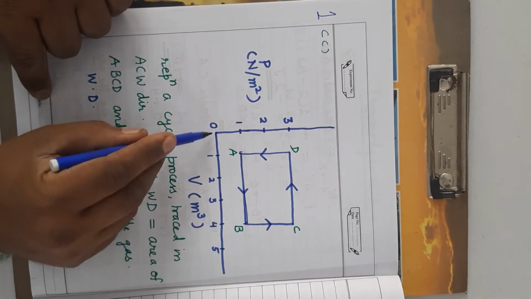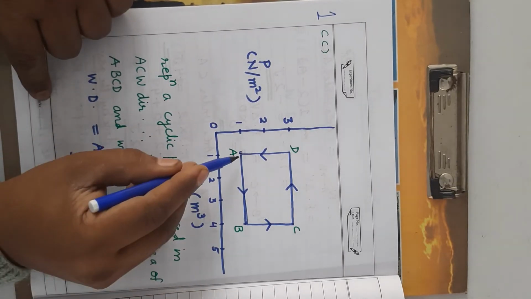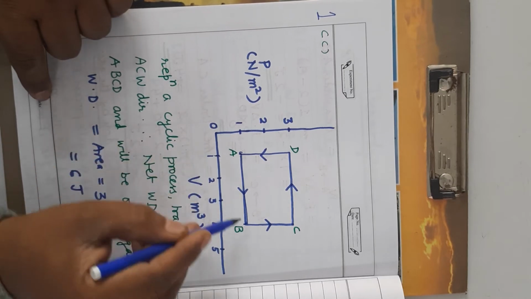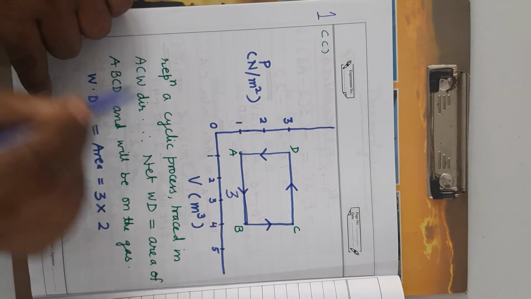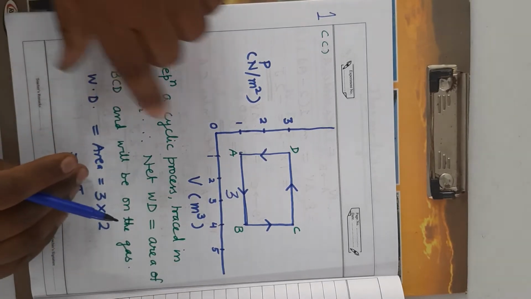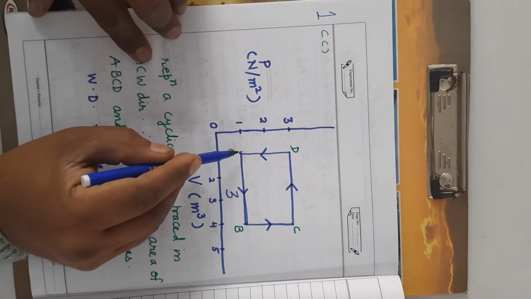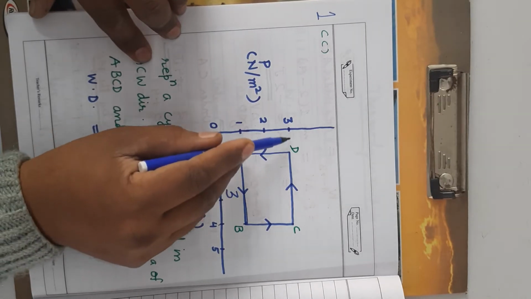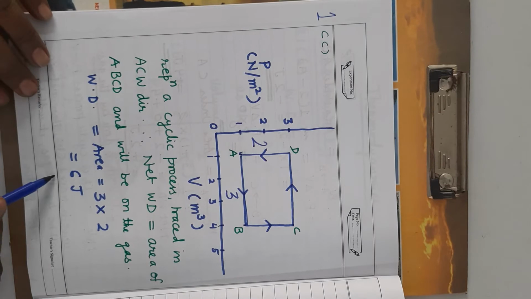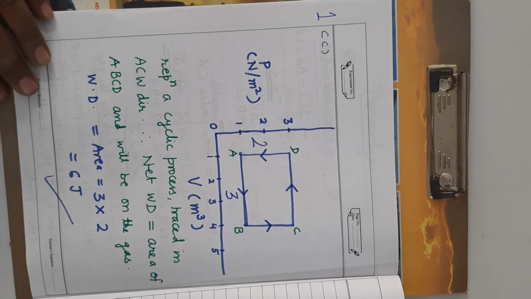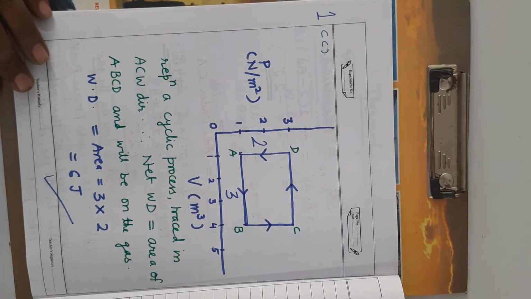अब जरा AB किसके पैरेलल है? इस एक्सिस के. A point की position यहाँ कहाँ है 1, B की कहाँ है 4, 4 - 1 means it will be equal to 3. It's clear. Now breadth: here A point corresponds to 1, D corresponds to 3, 3 - 1 that is 2. So what will be the area? It will be equal to 6 joule.